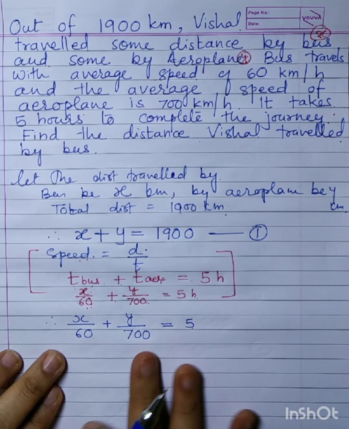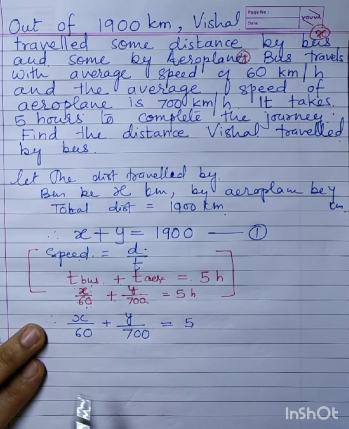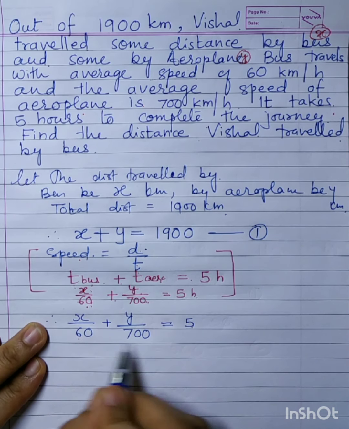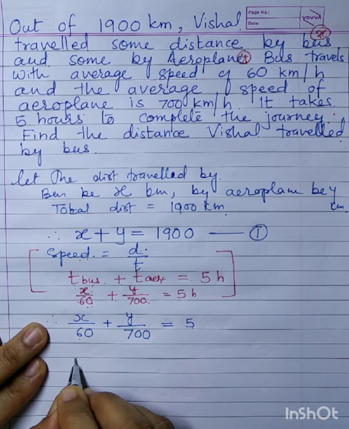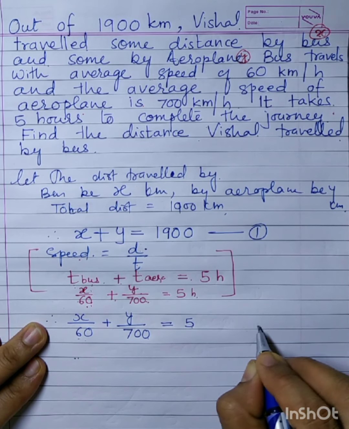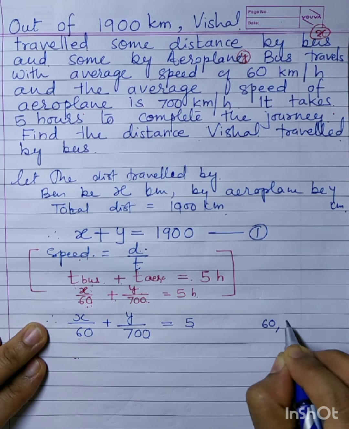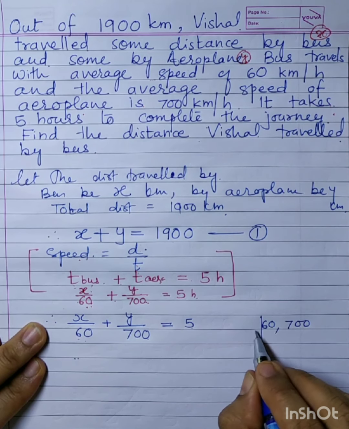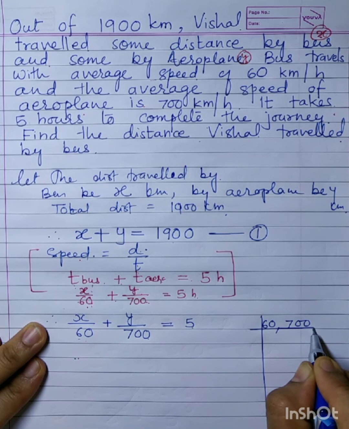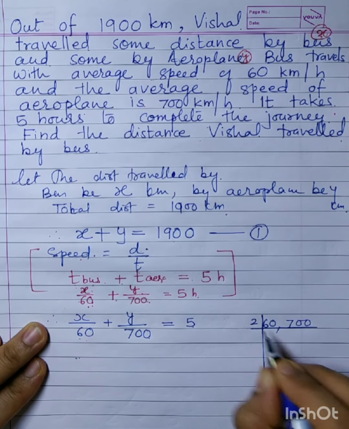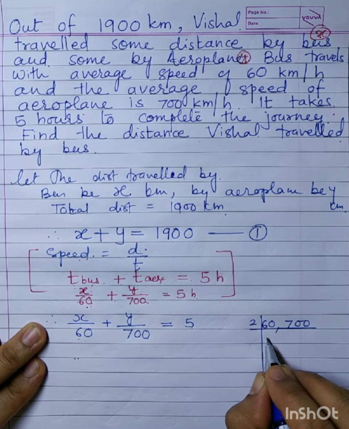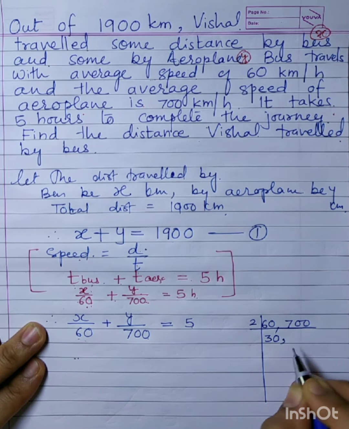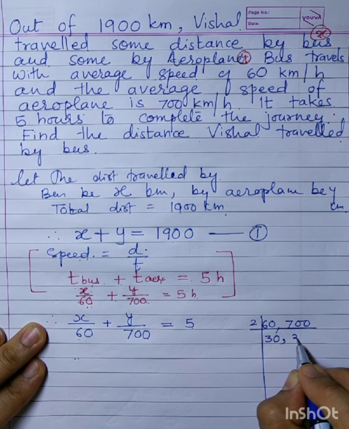Now again we will try to simplify this. On simplifying, what I will do here is find the LCM of 60 and 700. Many of you definitely will be knowing this. Some always find these things tricky and difficult. Simple way, LCM everybody has studied. I just wanted to explain it in much detail, so I am showing it to you.